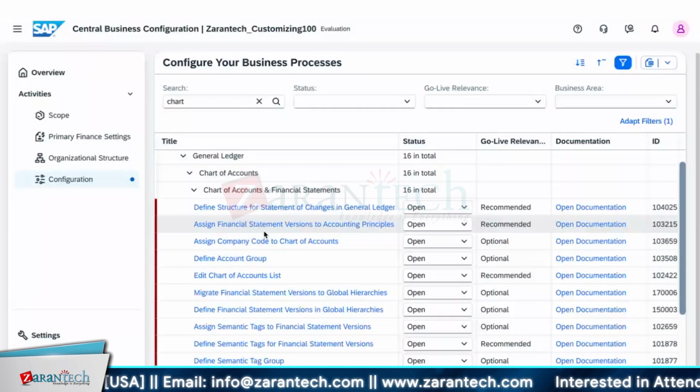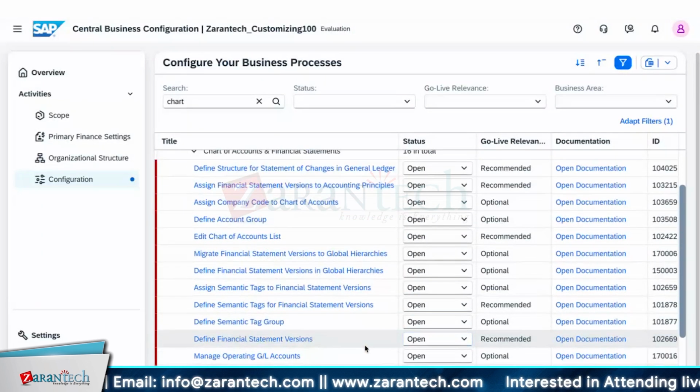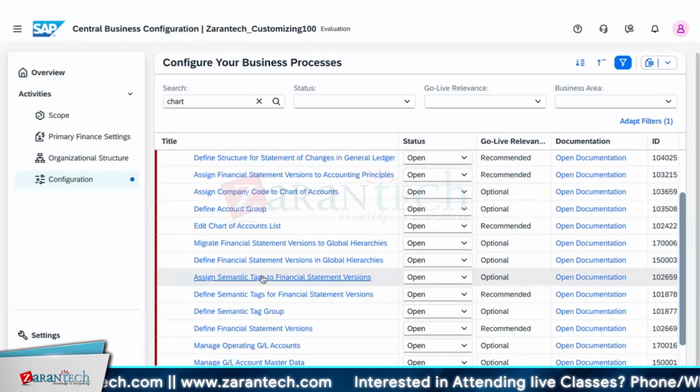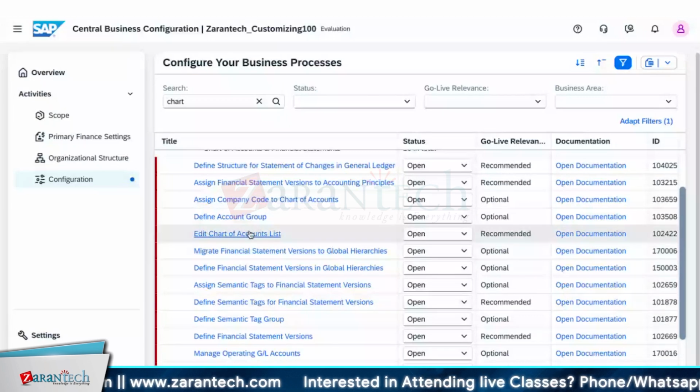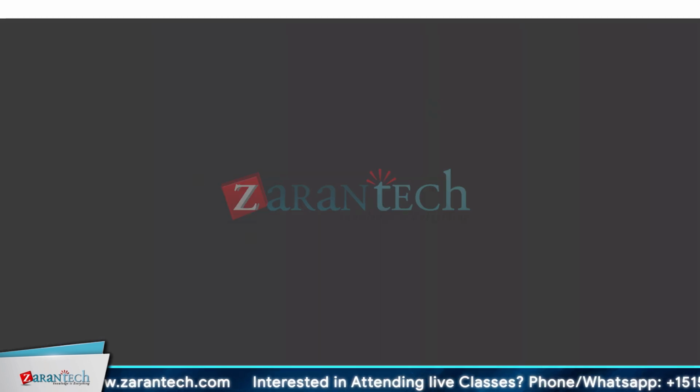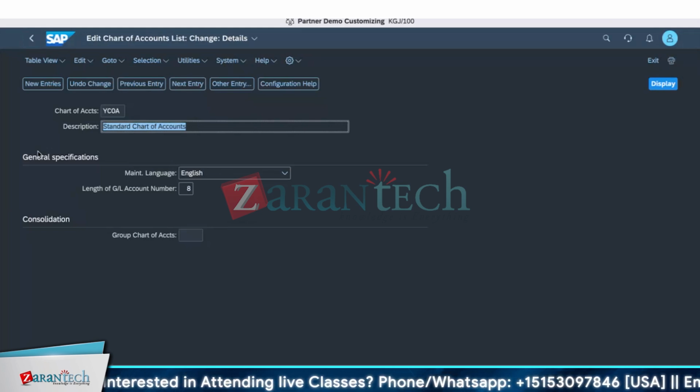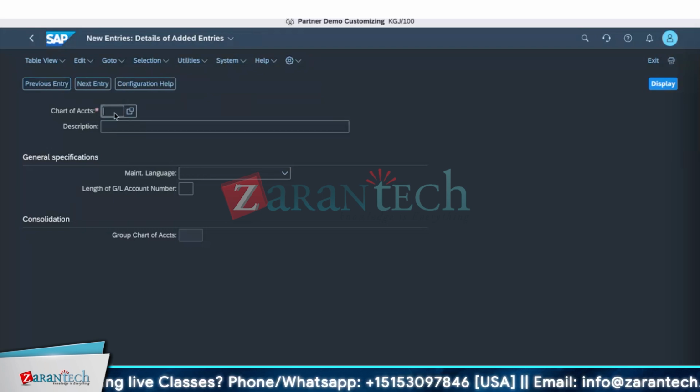So first of all, we want to define account groups and we want to define the chart of accounts also. Whenever you want to go to chart of accounts, you can't create directly, but you can edit and add new entries like this. If you go here, you have a thing called edit chart of accounts. This is the chart of accounts, similar to our ECC screen only. So these are all ECC screen-based activities. If you go to new entries, let's say I'm giving